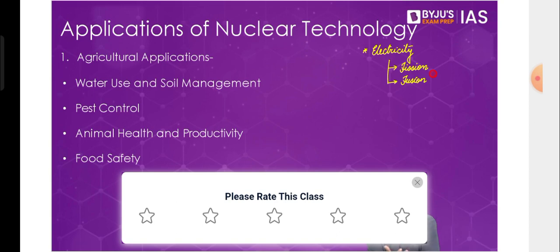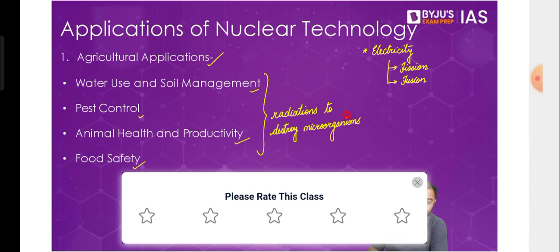But apart from that, there are other ways in which we can make use of nuclear technology. For example, in agriculture. In agriculture, we see that in water and soil management, in pest control, in ensuring animal health and productivity, in ensuring food safety, in all these cases we can make use of radiations to destroy microorganisms, because of the action of microorganisms, some kind of contamination may happen,